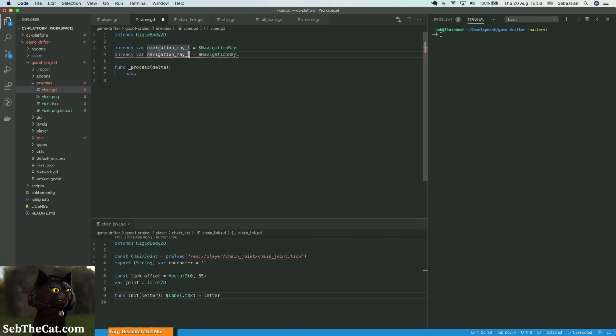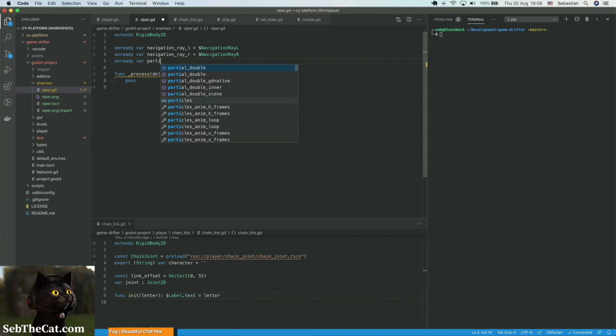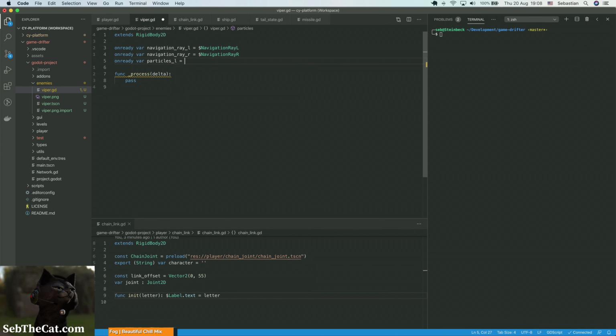And so we've got our left and right navigation rays. We also have our onReady particles L is equal to